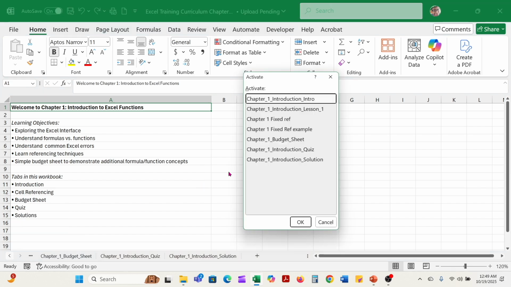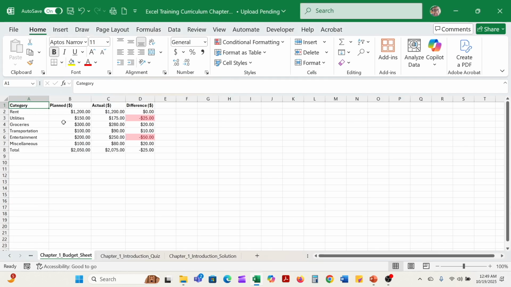I'll start this way with the right click. The right click will bring up a menu or a dialog box that allows you to go directly to another sheet. So if I want to go to my budget sheet, I can click on that. And then you'll see now my active worksheet is the budget sheet. And if I want to go back to the beginning of the sheets,